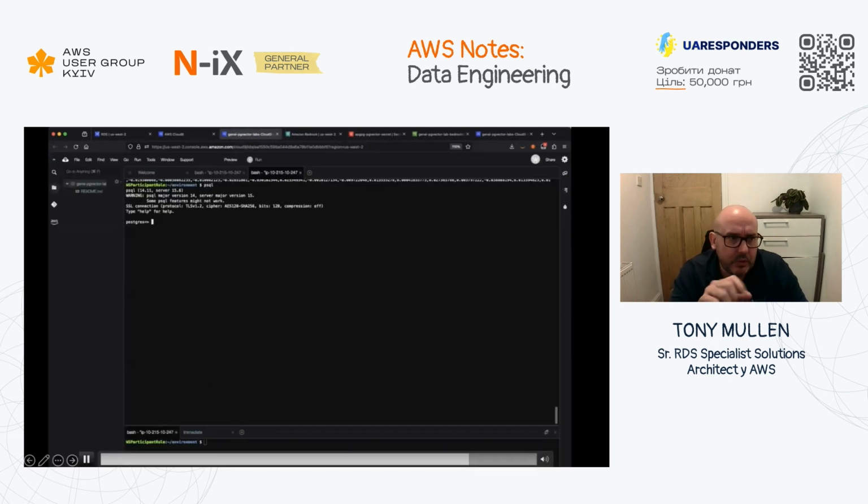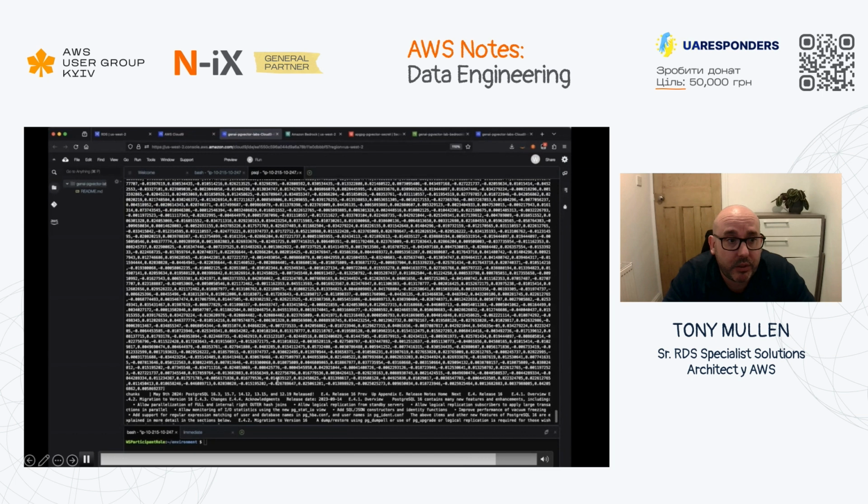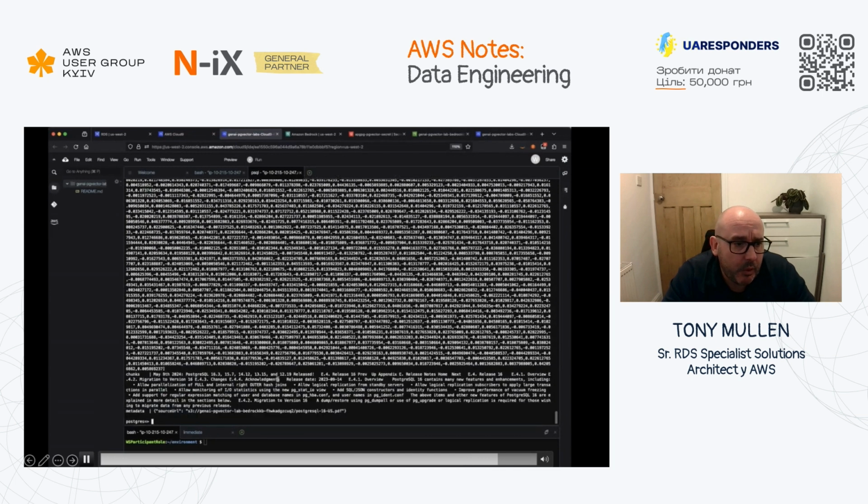What we'll have a look at now is the backend database, our data store, and we'll take a look at what this document we broke down looks like in the database. We can see that the PDF document has been broken down into 119 chunks, and we'll take a look at one of the rows in our table, just to see one of those chunks and what it actually looks like inside our database.